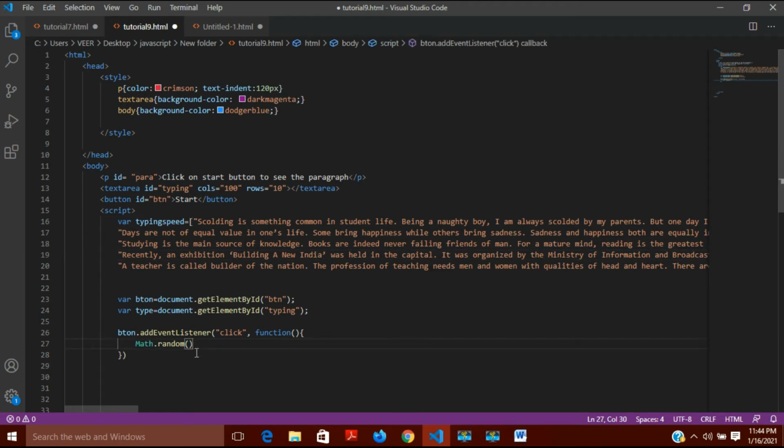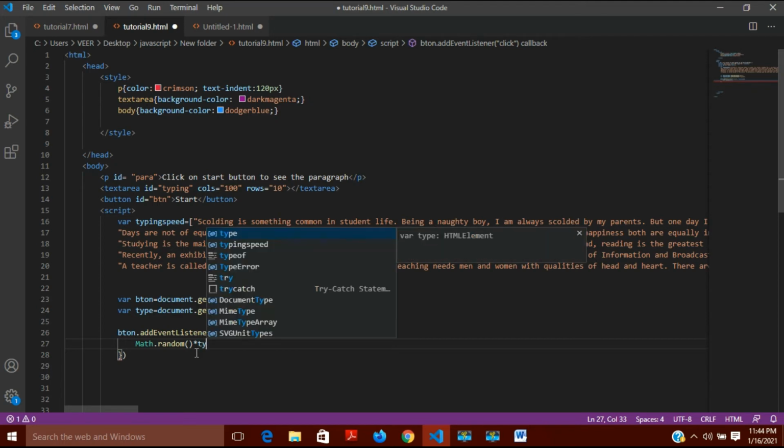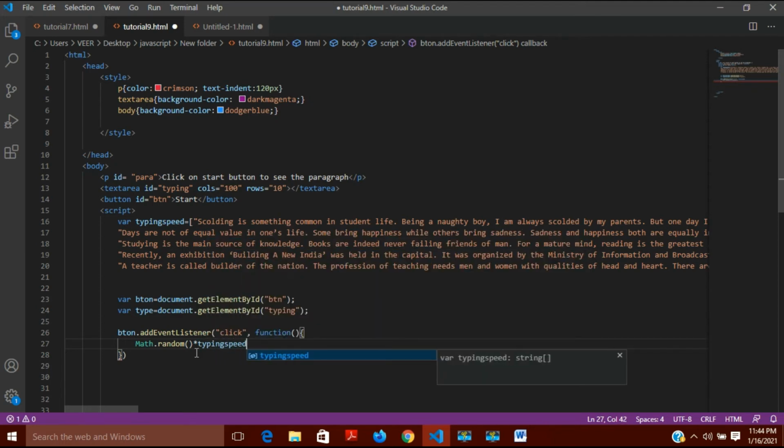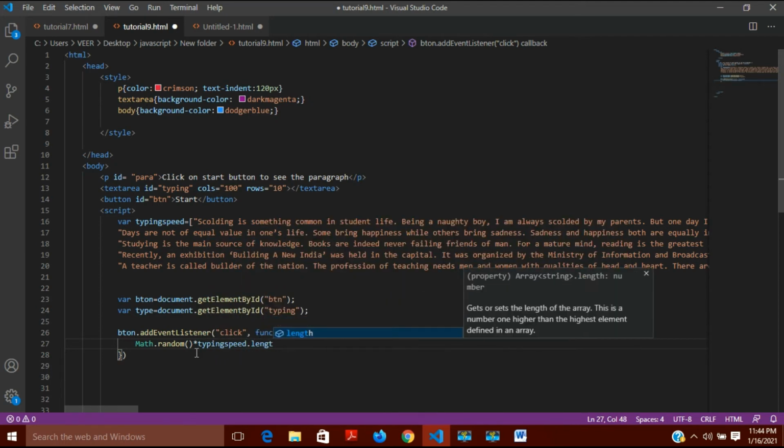So instead of writing 5 here in multiply, I will not write 5 here. I will write here typing speed dot length. Okay. If you don't understand this, then you can go to my previous video, which is the 7th video. There you may find it in full detail.